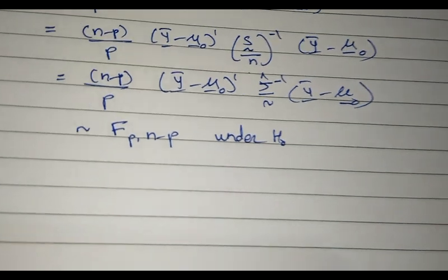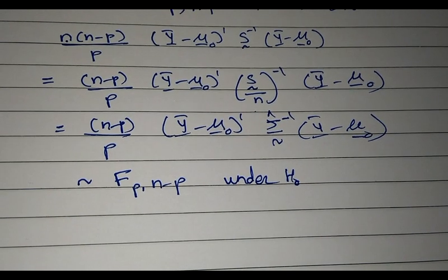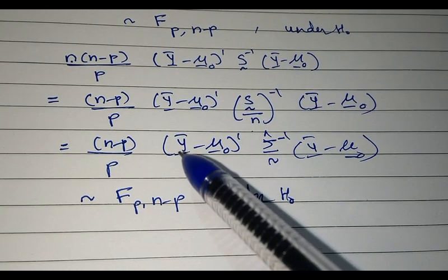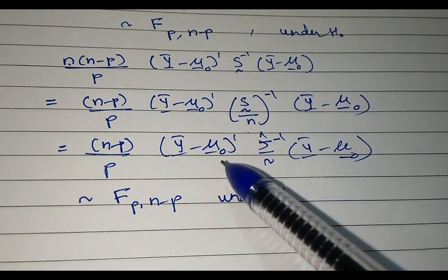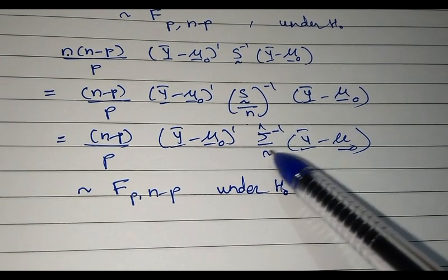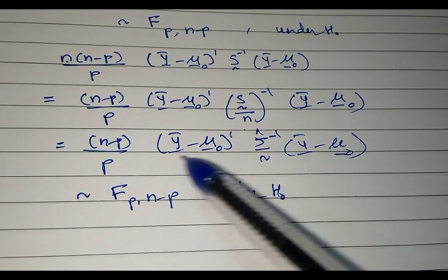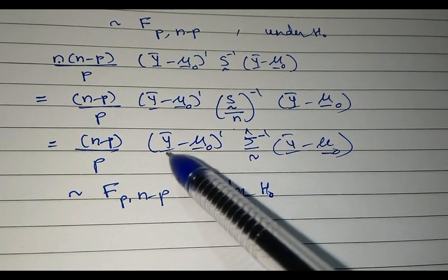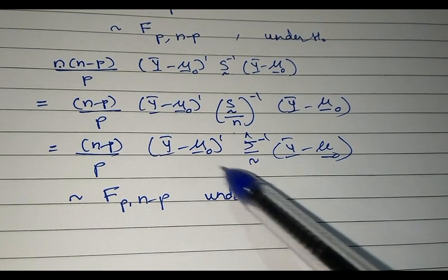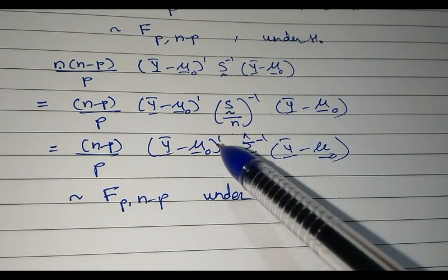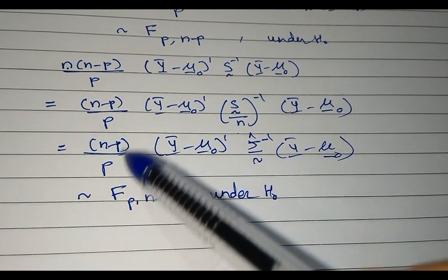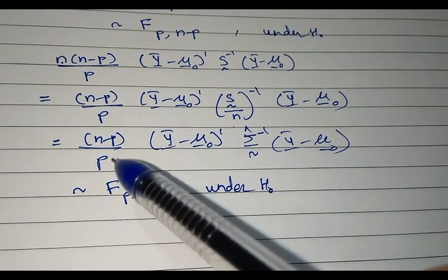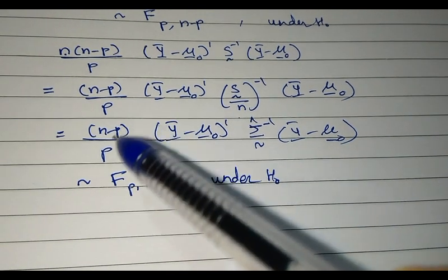Now let us try to see if this test statistic makes sense. See, y bar minus mu naught is like the deviation of the sample mean from the mean under H naught, and this is like scaling by the variance covariance matrix. So you can see this is exactly equivalent to your univariate t statistic square: x bar minus mu naught square divided by sigma square. So it is exactly like that. Of course, you have to adjust for the degrees of freedom, because in F you have to divide numerator and denominator by their respective degrees of freedom. So that is exactly what is happening over here.